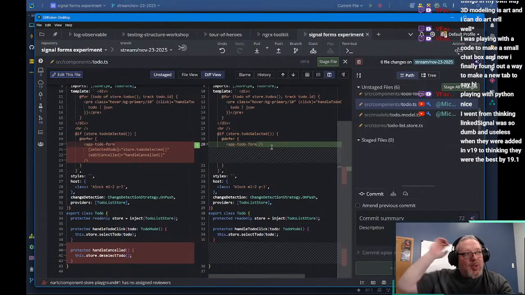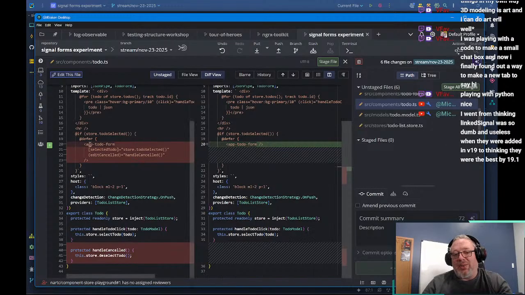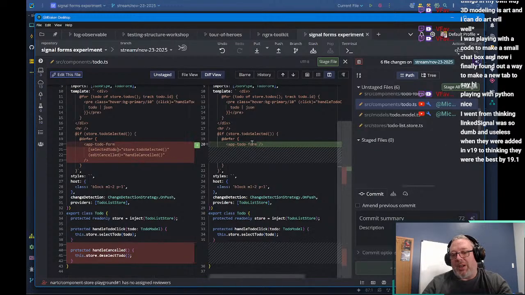That's my preferred way of doing this. There's more thought that goes into it, and it's not obvious. That is one of the downsides to this, is that it's got a hidden dependency that you may not be aware of. That's a big downside to going from inputs and outputs to what we're doing, where we provide the store and then we just inject the store because we expect it to be there.